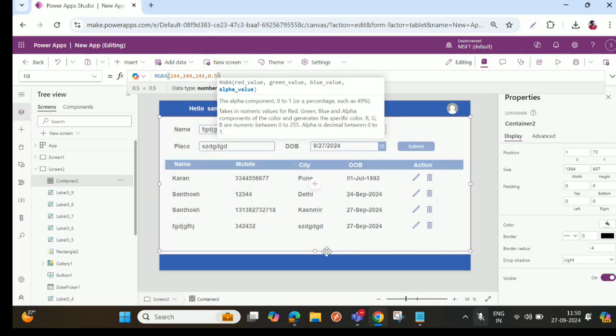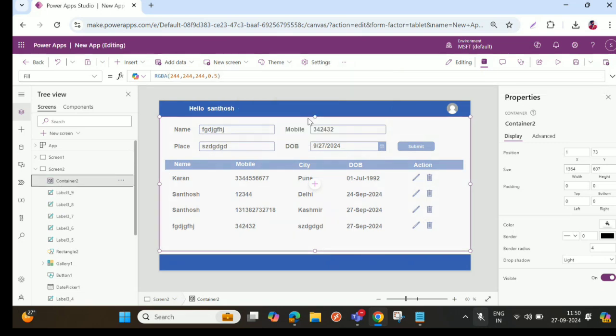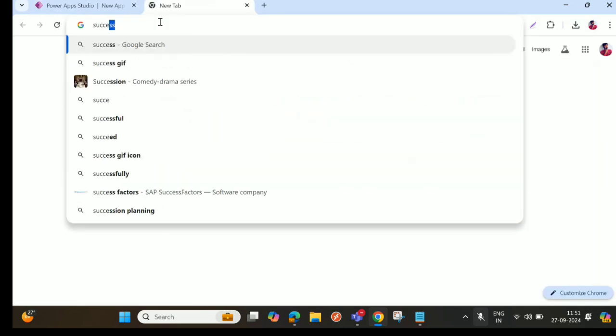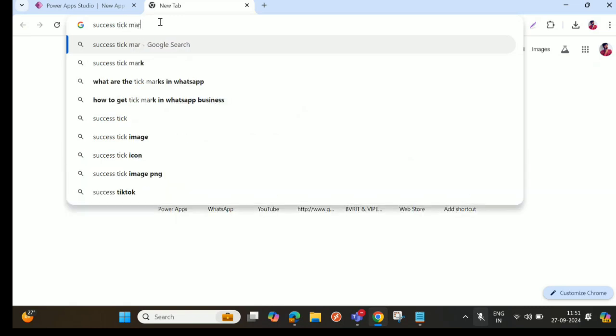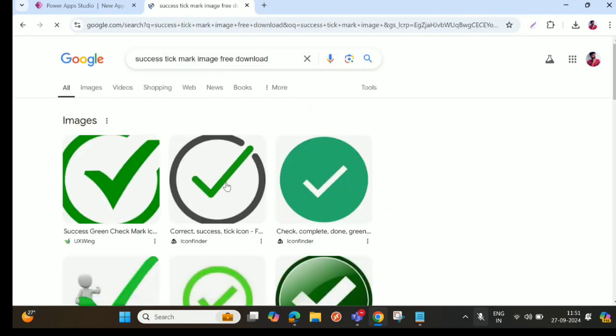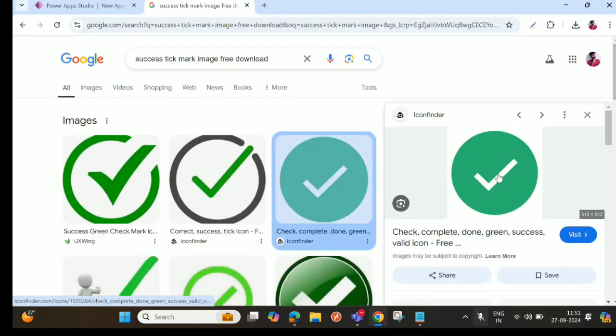So one kind of transparent color I've taken. In Google, you can find a mark, each. You can take any one of the marks, save the image,